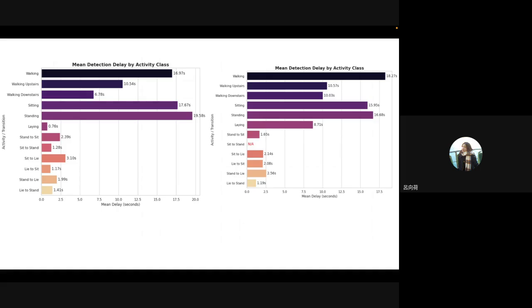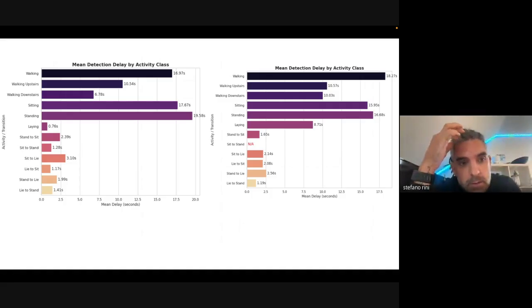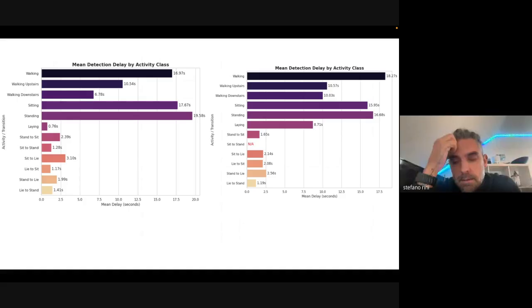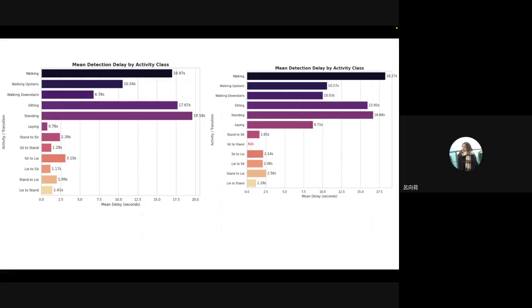Okay, so here is the main detection delay by this class. And the model really learns the dynamic of the activities, right? On the left it was the GRU, and on the right is the TCN, another temporal convolutional network. In the picture, we can see postural transitions, like sit to stand or lie to sit,